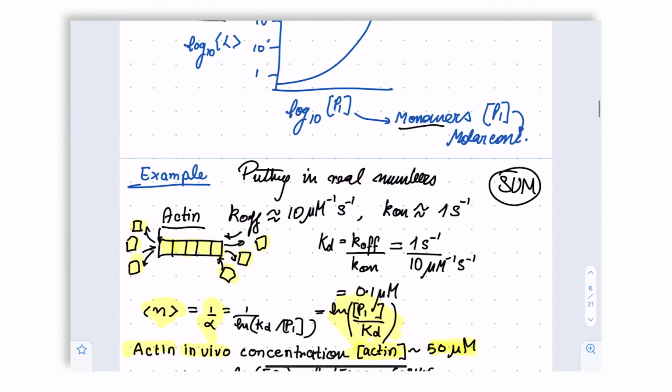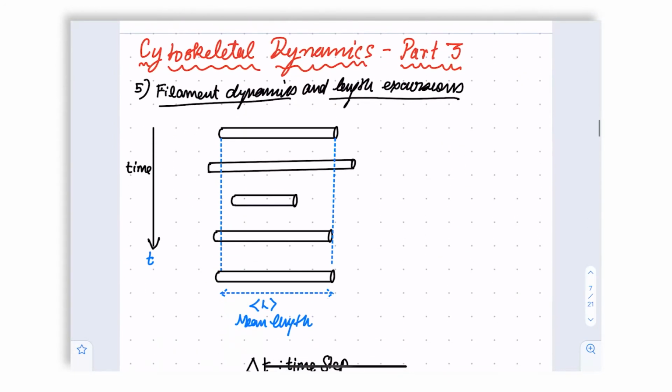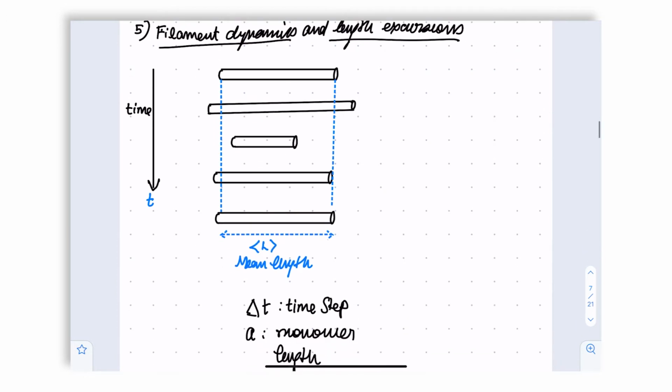So for the remaining part, I want to talk to you about dynamics, which was the whole theme of this. It was sort of building up towards that. Filament dynamics, as you can see, can in this particular sense deviate from some mean length. They may become longer, they may become shorter in time. And that's the premise that we're trying to make sense of